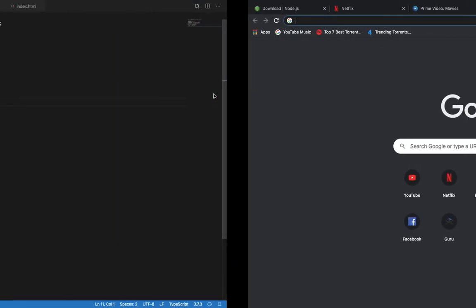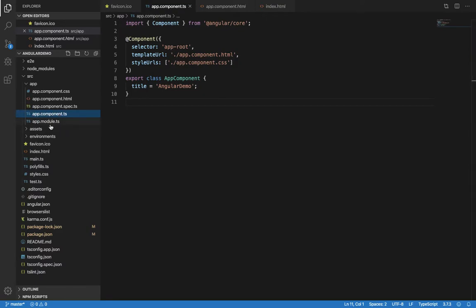So let's go to Visual Studio, and this is the project that we had created in our previous video, right? Before jumping into the component concepts, I would like to tell you one more thing about the ng new command. One of the most important features of Angular CLI is dry run. So how to do a dry run and how to check the files that are going to be created from a particular command, that we'll see.